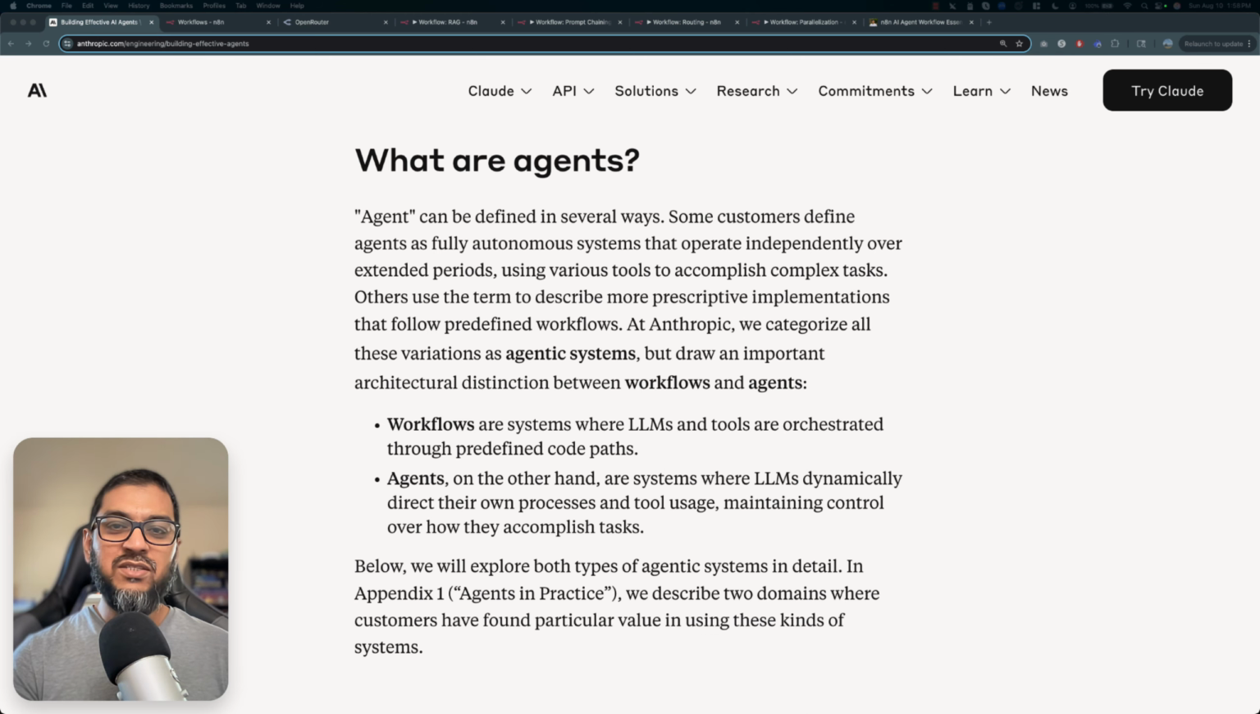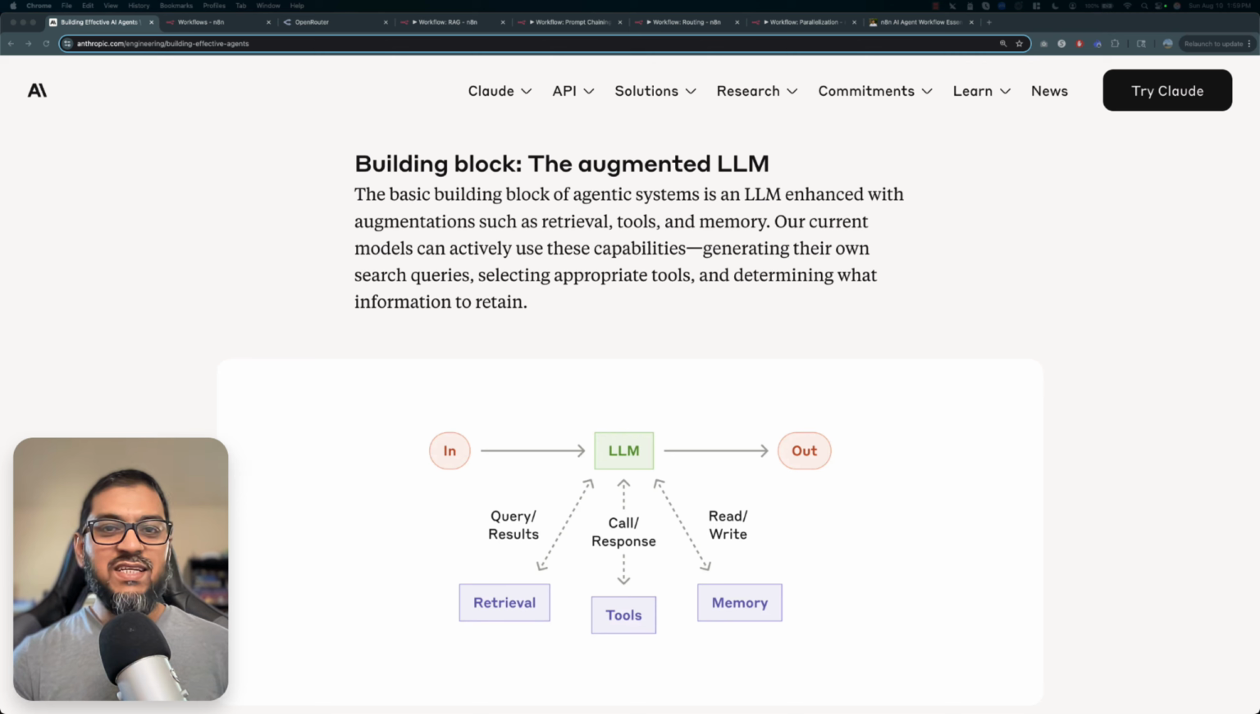In this article, they categorized agentic systems into 2 parts: workflows and agents. Workflows are predefined paths they can follow, and agents are more autonomous, they can perform tasks dynamically based on users' input. The first agentic flow is called building block augmented LLM, or some people call it RAG, Retrieval-Augmented Generation, where you